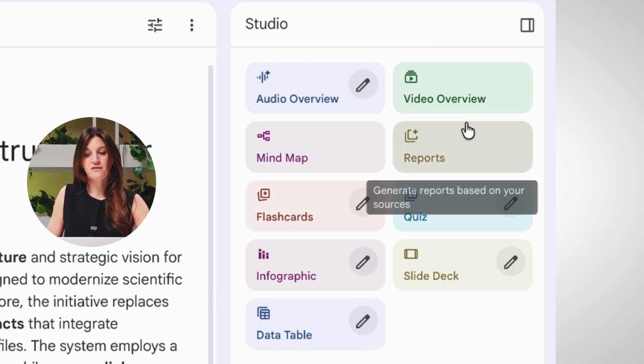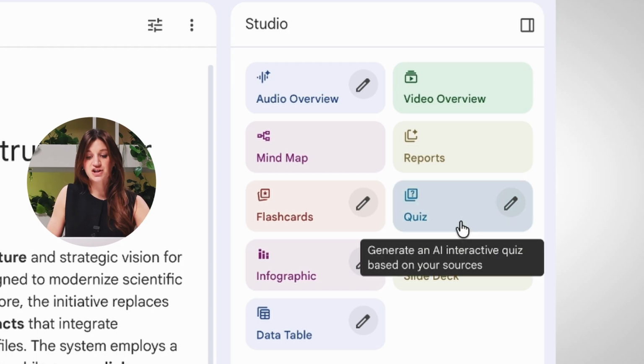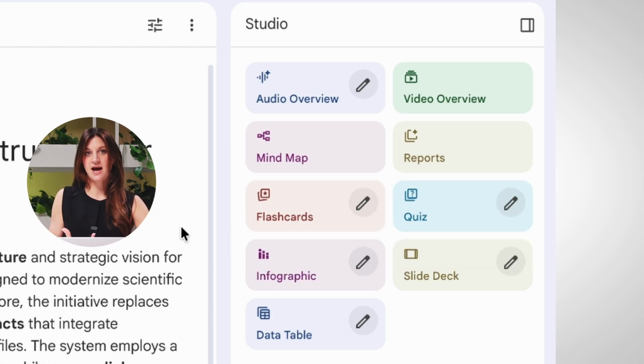We can do an audio overview, video overviews, flashcards, and quizzes. So using this as a tool if you're studying, or creating mind maps, infographics, and even slide decks. Again, what I'm going to do for this instance is to create my own podcast based off of the reports that